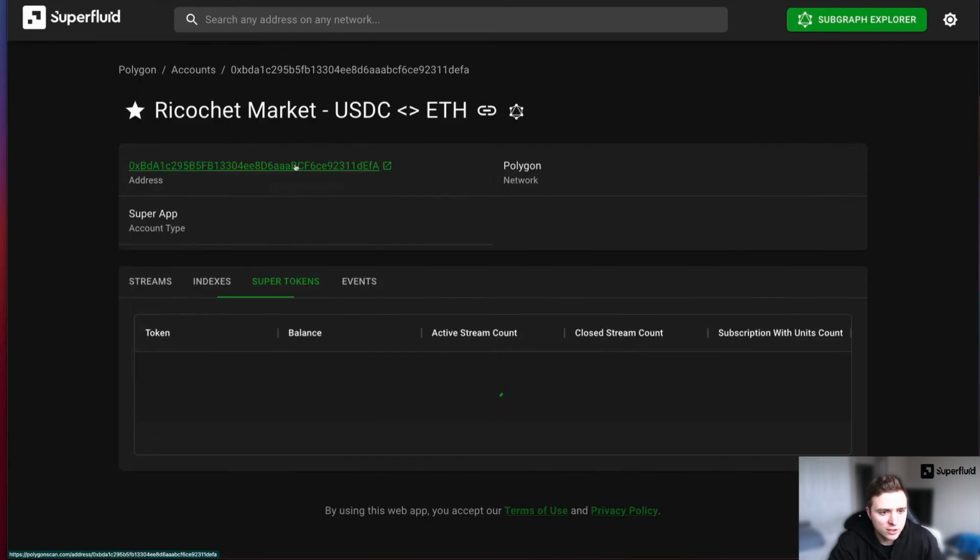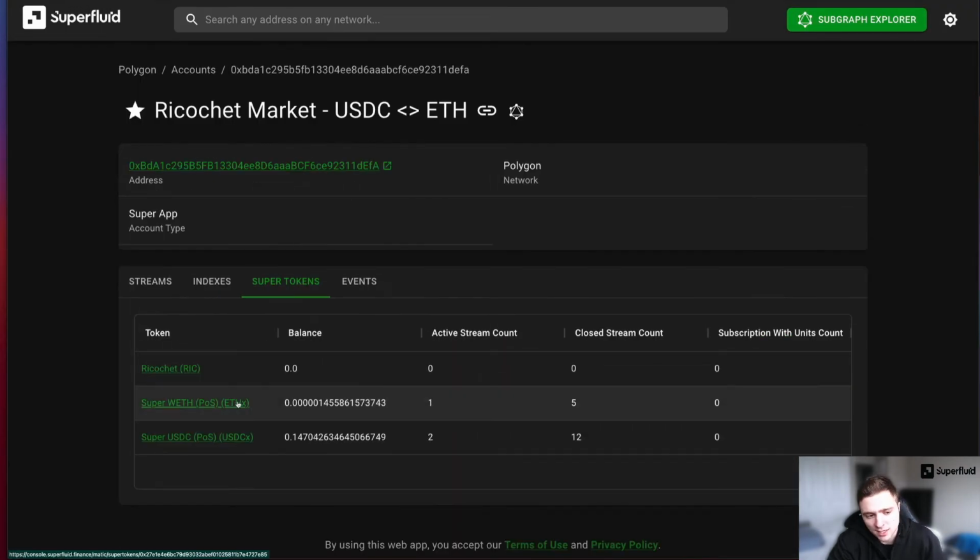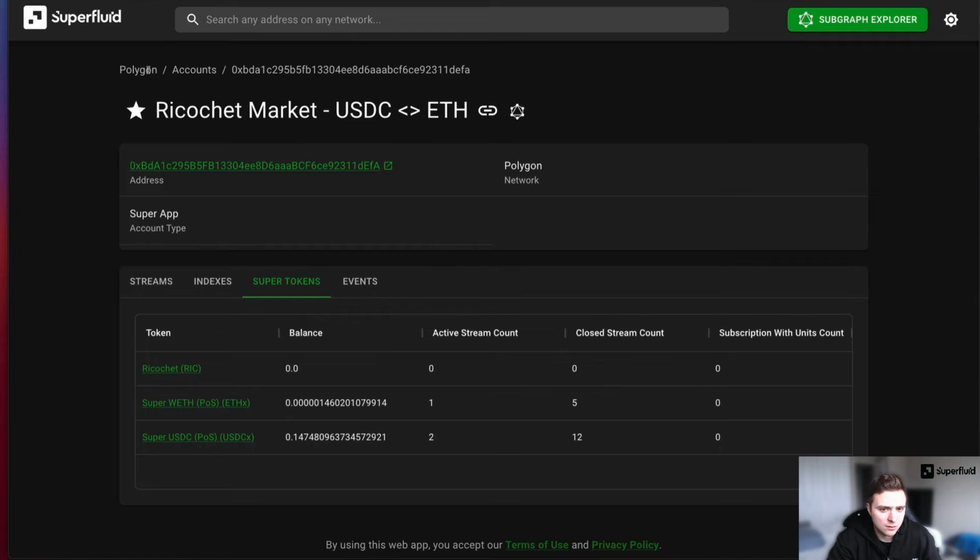Same thing with super tokens. We can see the super tokens being used. In this case, it's an ETH USDC market, so we can see those two tokens listed. So the last thing that I might want to do is use the custom Subgraph Explorer that we have embedded